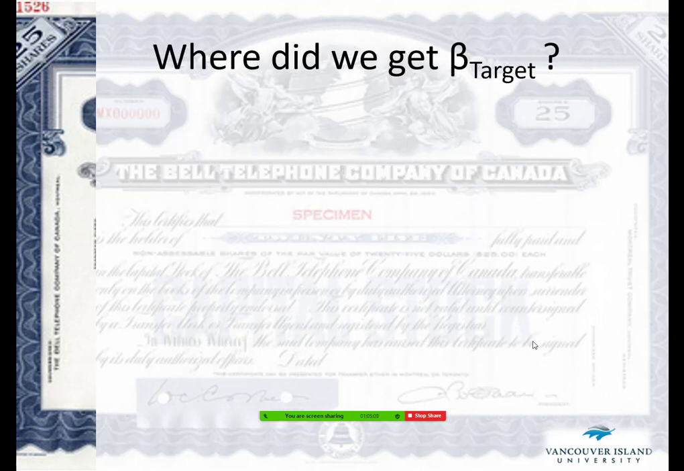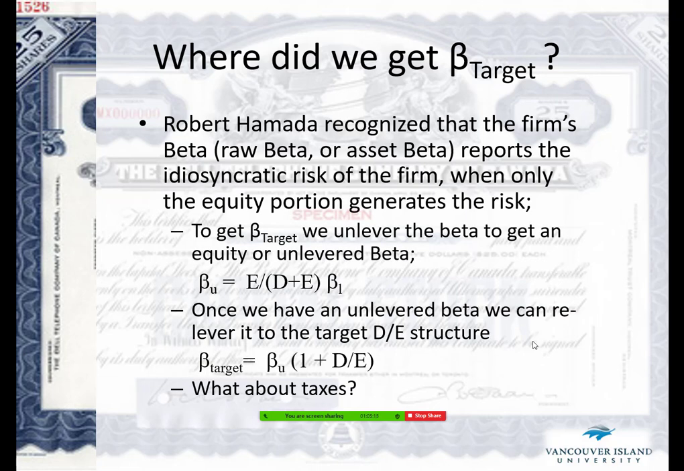When we talk about the target beta, how is that different from the beta that we've seen before? For the company that we're taking over, or for a company that we're restructuring, we need to be able to calculate an alternative beta. And that's the fundamental difference here. Where did we get that 1.2 in the previous example? Well, an American academic by the name of Robert Hamada recognized that the firm's beta, something we call the asset beta, the raw beta,